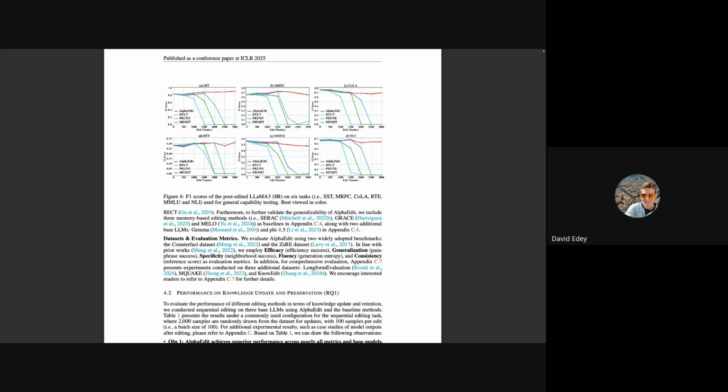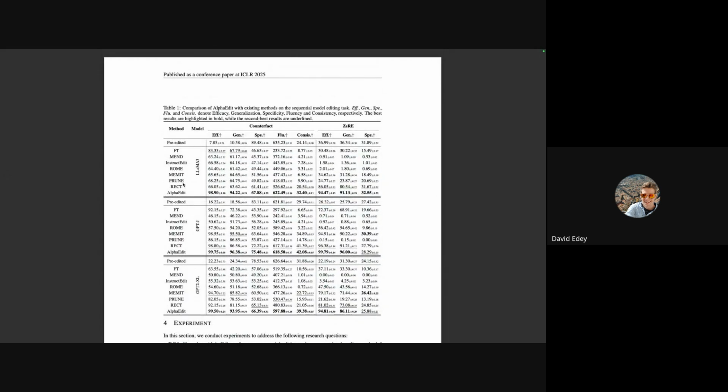Yeah, I was wondering that in the table where they have lots of different scores, there are lines for pre-edited, and the scores were all really rubbish. And I kind of expected the scores for the pre-edited thing to be quite high. So I guess I was a bit confused about what they're actually testing here. Are they testing on the knowledge of these new edited facts, or are they testing on kind of existing performance of the model in a general setting?